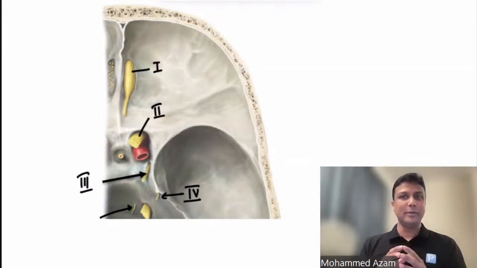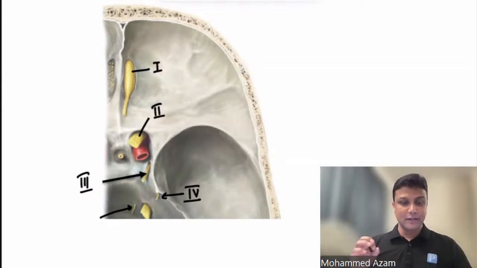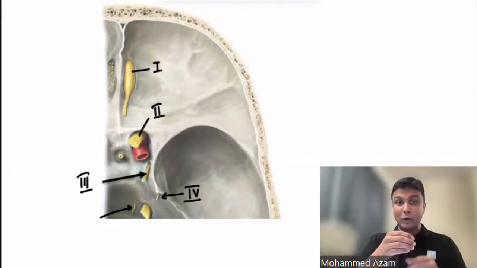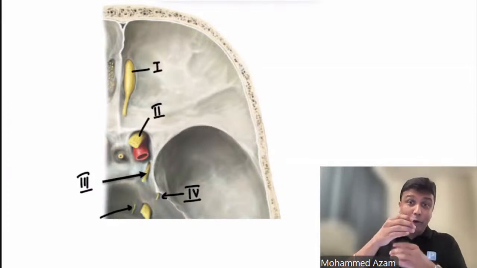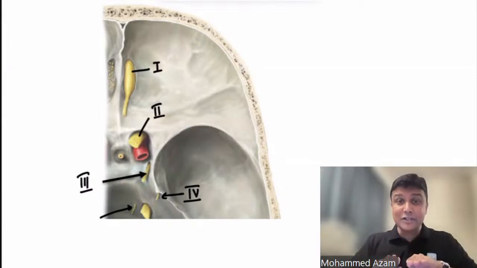Now, I hope you all remember the 6th, 7th, and 8th nerve. These 3 nerves are at the pontomedullary junction. So therefore, what is going to happen? If this is your midbrain, below that is the pons, and below that there will be the medulla oblongata. So from the pontomedullary junction begins the 6th nerve, and it has to climb up through